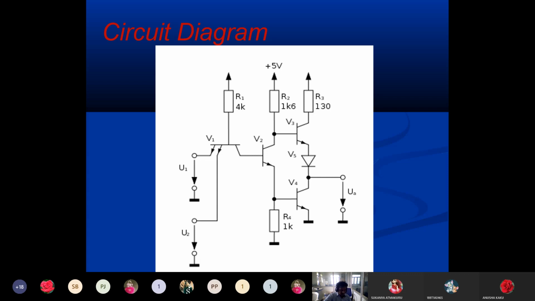Here is the circuit diagram for this two input NAND gate. The NAND function is obtained by combining a diode AND gate with an inverting buffer amplifier. Here R1 and R2 represent resistors. We are using 3 transistors, and one of them is a multi-input transistor. This circuit can be divided into 3 parts: one is the diode AND gate and input protection, and the others are the phase splitter and the output stage.